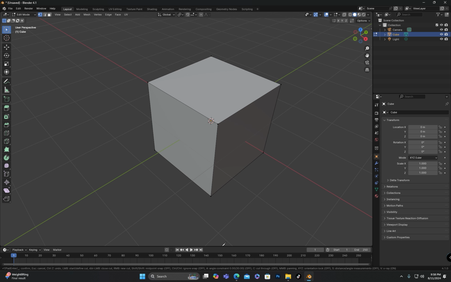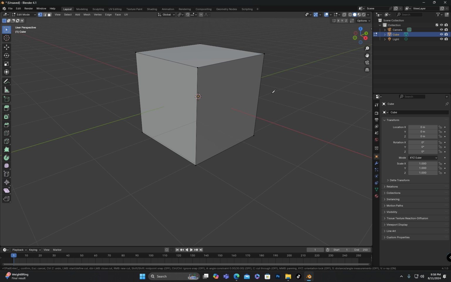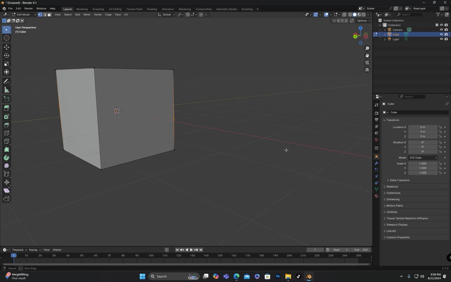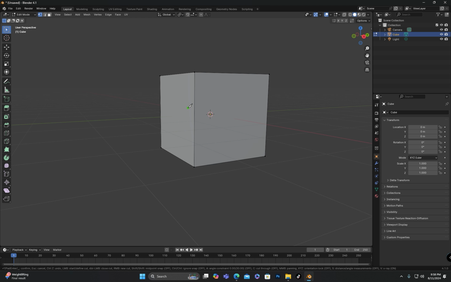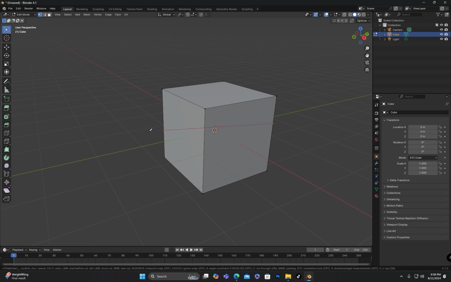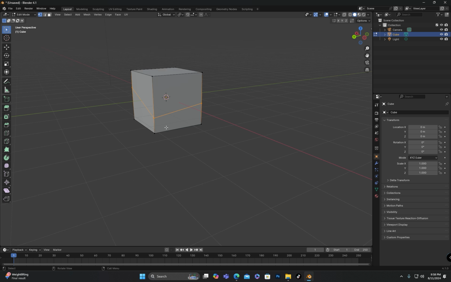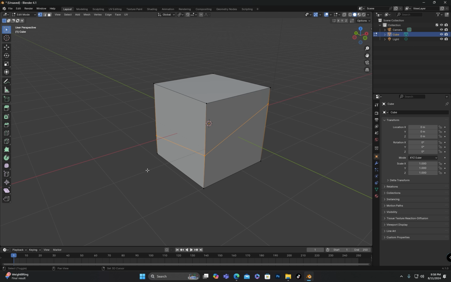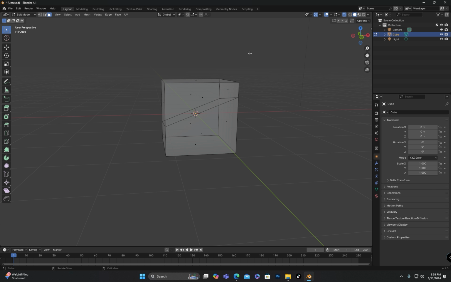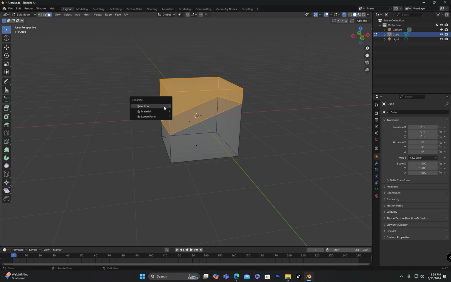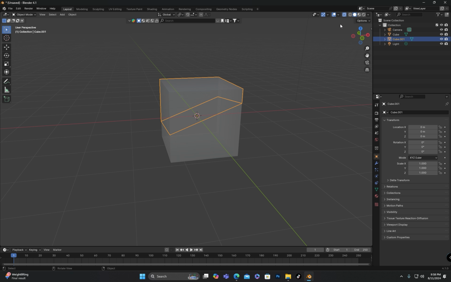The next option is C for cut through. If I use the knife tool and click here, move the mouse and click there, the cut or edges will only be added to the faces on the front. However, if I activate the knife tool, then press C, click here, move the mouse and click there, you will notice that cuts are added to the faces on the back side as well. This allows you to separate the upper and lower part if needed. This is how we can efficiently use the cut through features.